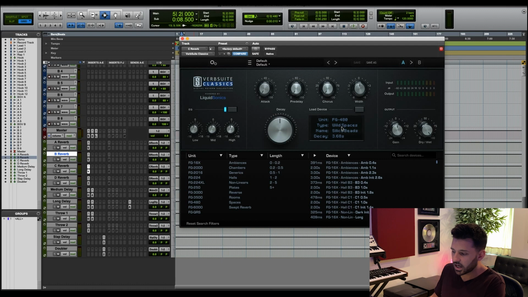And I'm using a setting called Silica Beads. It's in Wild Spaces, and it's part of the Lexicon 480. It sort of mimics the 480 sounds. And Silica Beads was a setting that I would always use, and it's a very, very high frequency sibilant reverb, and it's just to add a little bit of like sizzle to a vocal performance. I don't use it in a large amount. I just kind of put a very soft amount of it on there, and it just adds this nice shine to the reverb. So that's my C reverb,